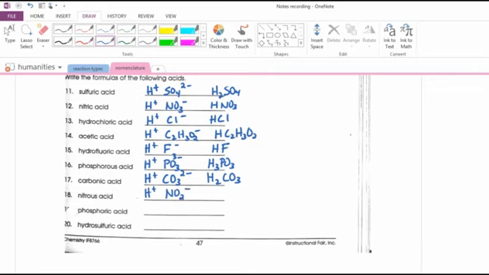Nitrous acid, H+ is always the positive ion. NO2- is the nitrite ion. So we get HNO2. Phosphoric acid. We've got the H+, and phosphoric comes from phosphate. So PO4 3-. So H3PO4. Hydrosulfuric acid, we start with H+. Hydrosulfuric means we just have the sulfide ion. Crisscross charges, H2